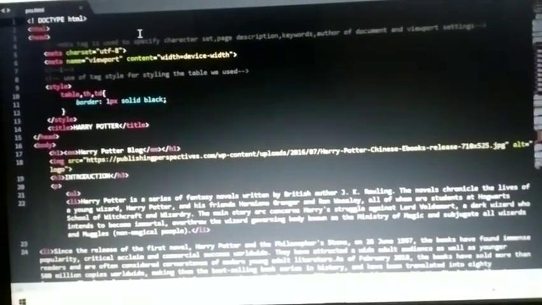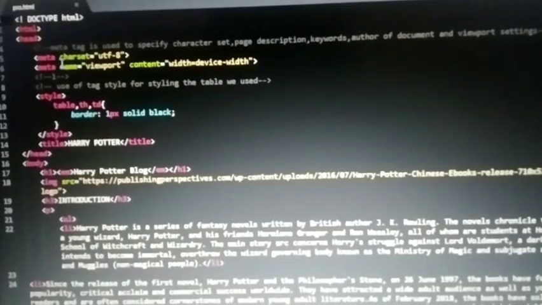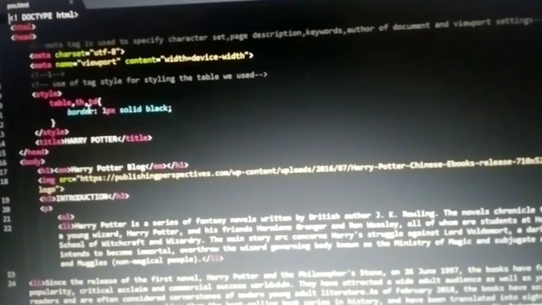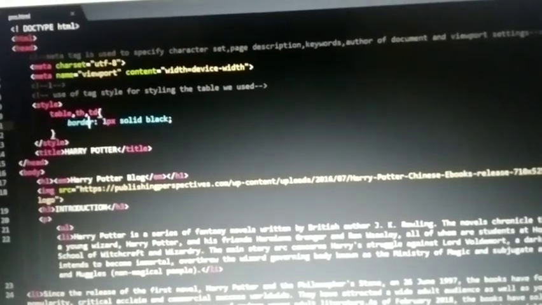So here I have used many tags. As you can see, my coding starts here. So first important tag which I used is meta, which is basically used to specify which type of character set we are using. And nowadays the most used character set is UTF-8. Then I have gone for